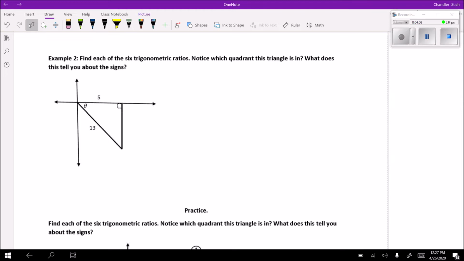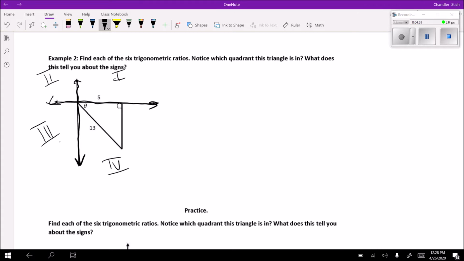Here, we'll do this one. Find each of the 6 trig ratios. Notice which quadrant this triangle is in. What does that tell you about the signs? This is like a coordinate grid. So you've got to think, here's quadrant 1, here's quadrant 2, here's quadrant 3, here's quadrant 4. Because we're in quadrant 4,